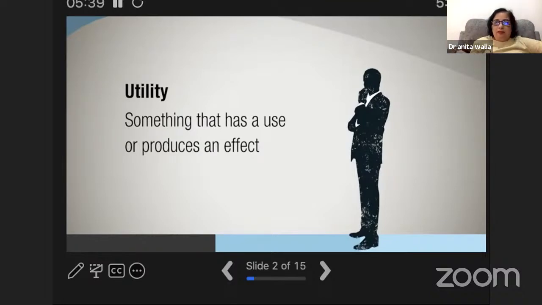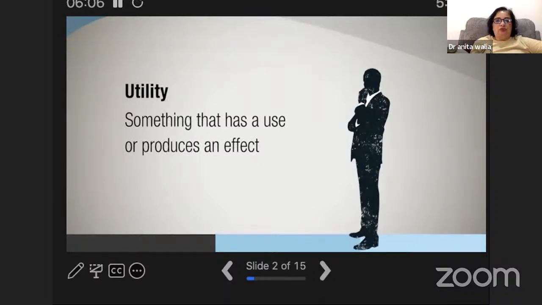So first of all, when you're talking about patentability, the idea must have 3 features: utility, novelty, non-obviousness. Let me explain each one of these. The first thing is any idea should have utility. Utility means usefulness, and utility is best described as something that has use.